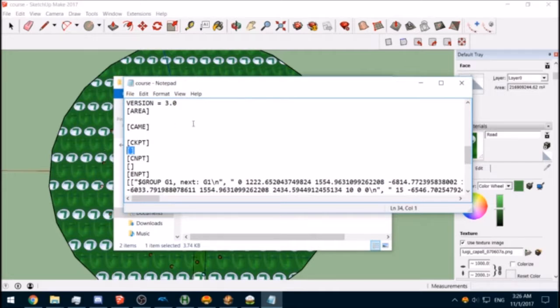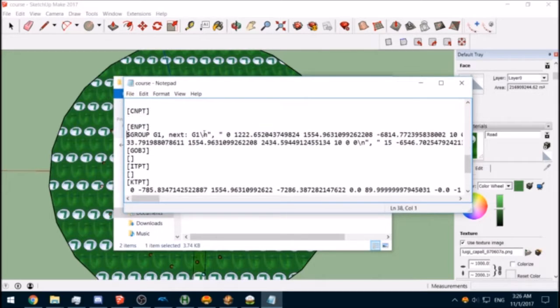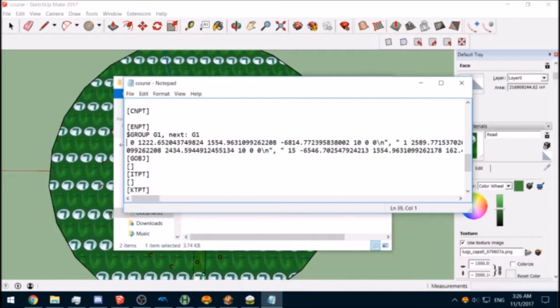You can do that by hand. It's kind of a pain in the butt. You just have to get rid of all these brackets to get it in the right format. You want to get rid of that, get rid of that, get rid of all the quotes, put this on a new line.